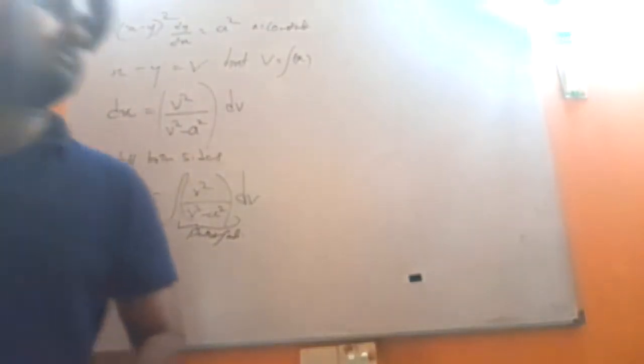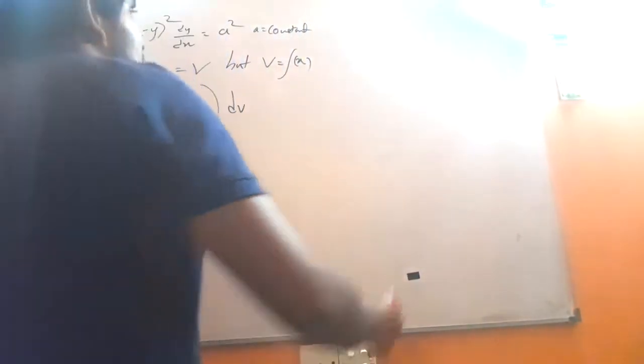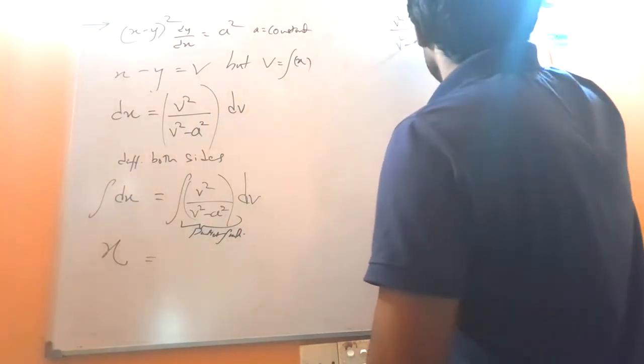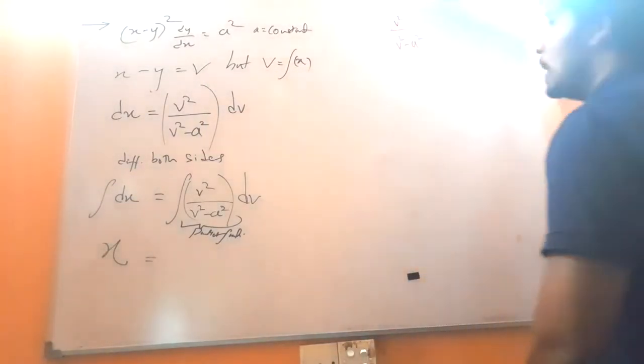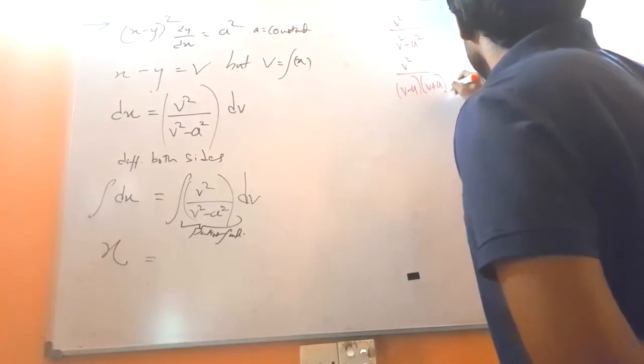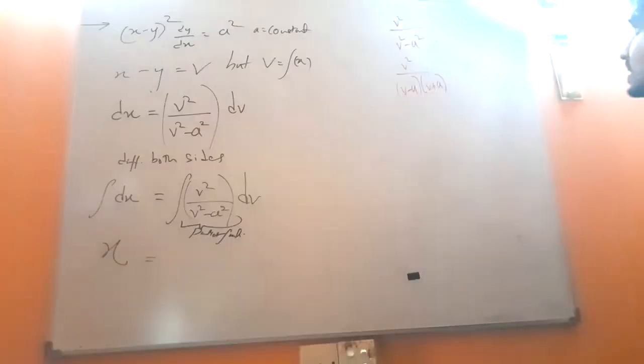So now we have the partial fractioning thing, right? Doesn't matter, we will do that. V squared divided by V squared minus A squared. Okay, now here you can consider the factors. You can say V squared divided by V minus A times V plus A, right? No problem, because you have factors, right? Okay, but now how to solve this?